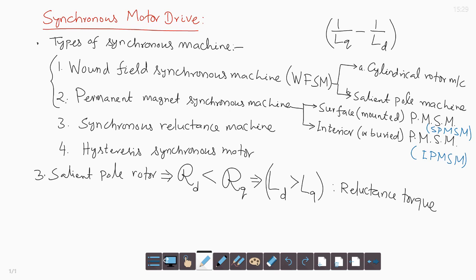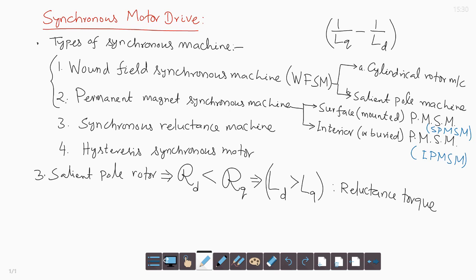Damper winding is embedded in the rotor pole faces, and for a cylindrical rotor, there are also damper windings placed. The damper winding is just like a squirrel cage winding, a closed winding, and due to this damper winding, the machine starts like an induction motor, and this is for the starting purpose. And when the speed exceeds a certain minimum value, then the field supply to the rotor winding, the DC supply, is switched on. So, rotor MMF is produced and gets locked with the stator MMF and the motor can carry the load after that.